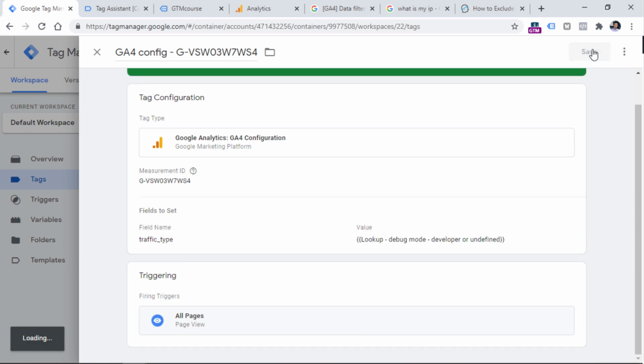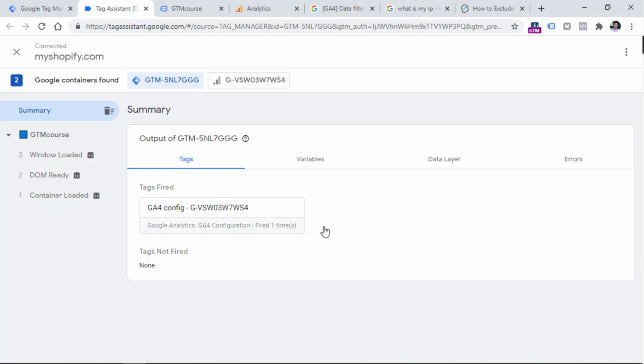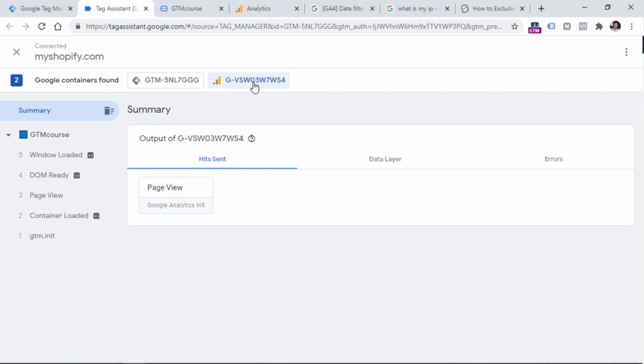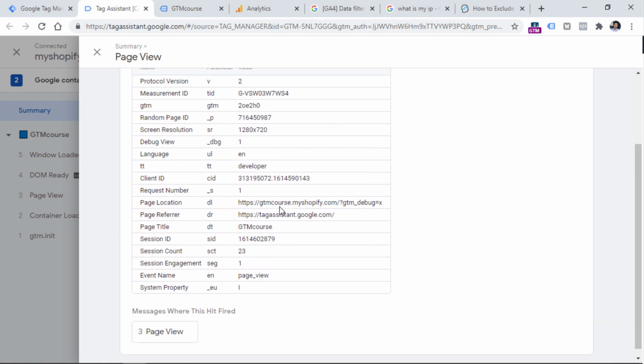Now let's save this tag and let's test whether everything is working properly. So click preview button and then let's check what is happening. In the preview mode of Google Tag Manager, you can click on your Google Analytics 4 measurement ID. Here you will see the page view, and if you click it, you will see that right now we sent this information. However, this TT parameter, which stands for traffic type, currently includes not the word internal, but instead its